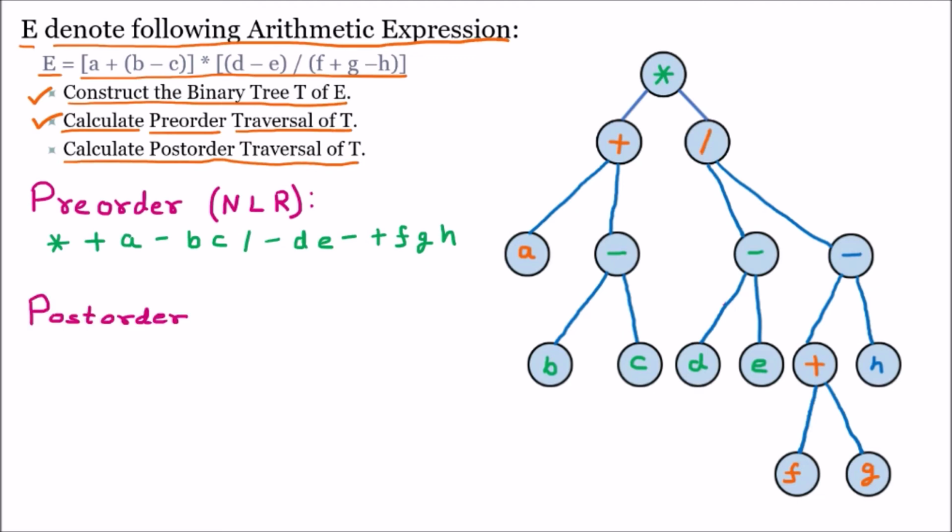So talking about the post order, whenever the parent is coming after the left and right, then it is called the post order. So here first of all we will take left, then right, then N is the parent. So we will take the parent afterward. So that is what we have to find out. So we are constructing the post order expression now.